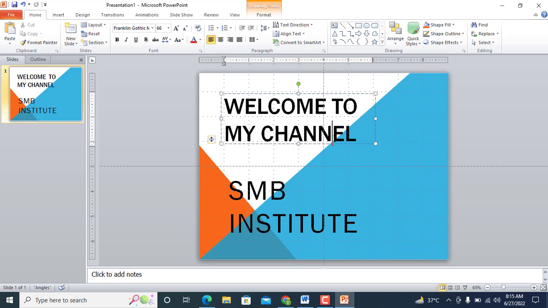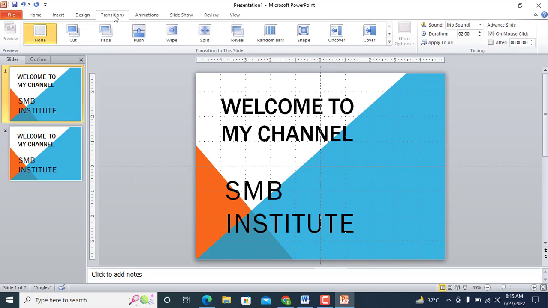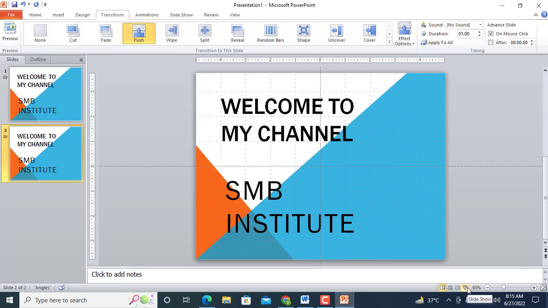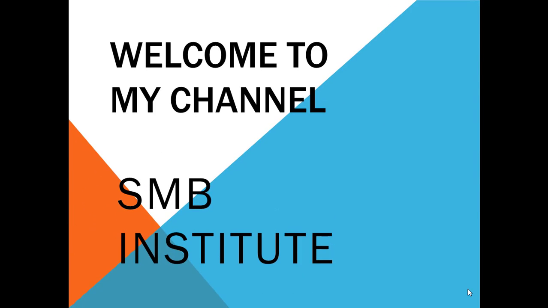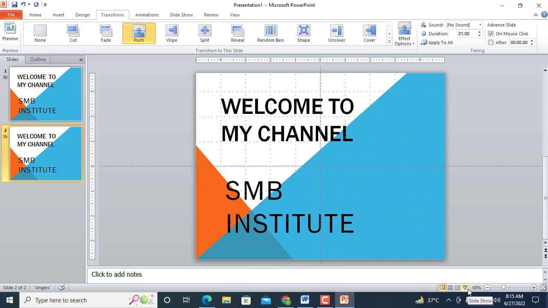Okay, now I am going to apply transition on it, and now duplicate the slide from here. Okay, now I will show you on the left bottom corner. You can see here slideshow, and now on the next slide. Okay, and you can see here the now I am going to remove,